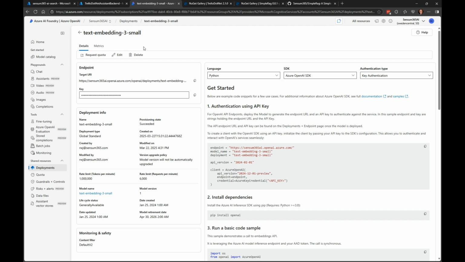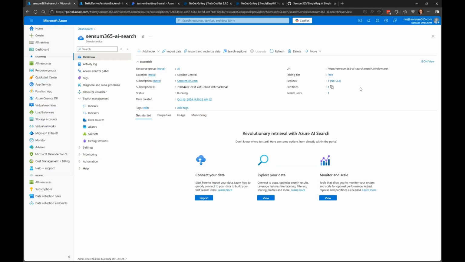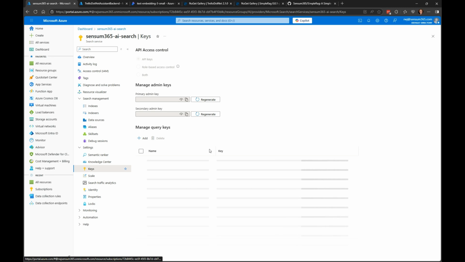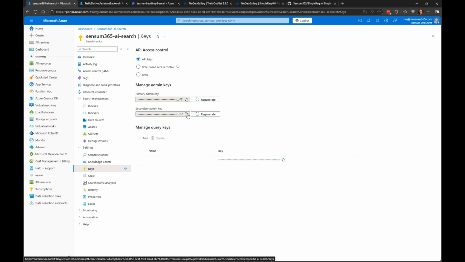And up there in Azure AI Search, which I have here, I get my URL and I can get my keys from down here, which are hidden right now. But I use my primary admin key. If I really wanted to lock it down, I would make some query keys instead as well.